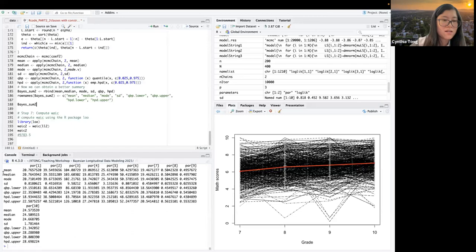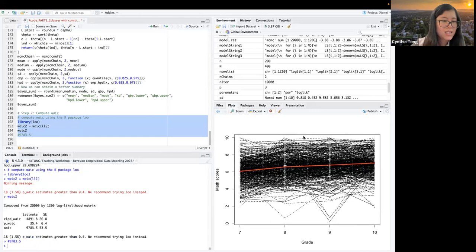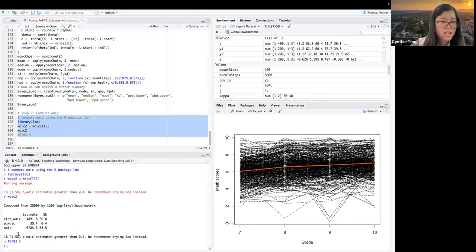So we got the mean, median, mode, and standard deviation of the posterior, and equal tail credible intervals and HPD credible intervals for all the model parameters. And finally, we can get the WAIC values.